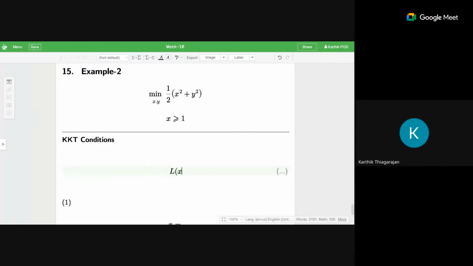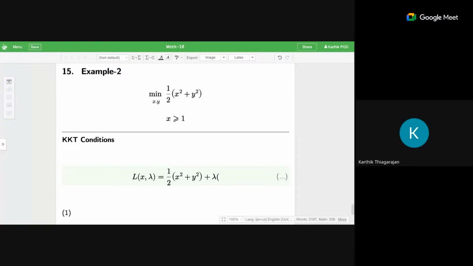So L of x comma lambda is half into x square plus y square. Okay, what could I add? Plus lambda times what? x minus 1. x minus 1, or